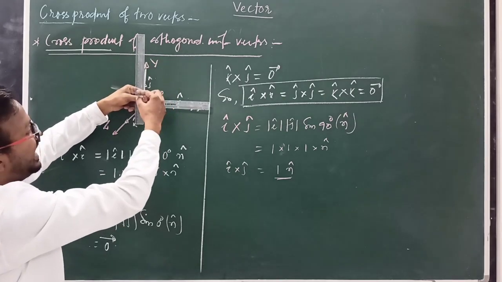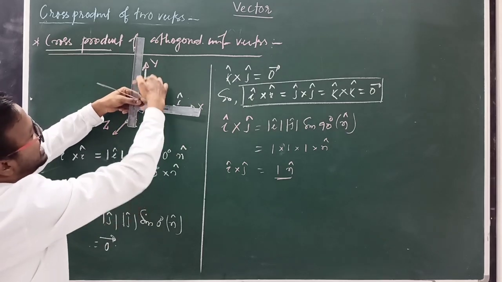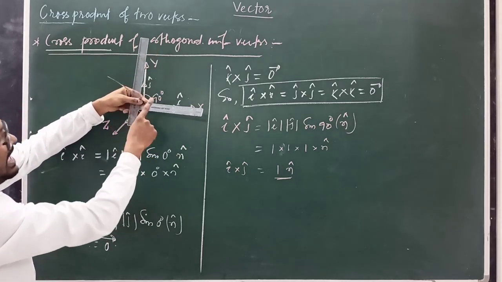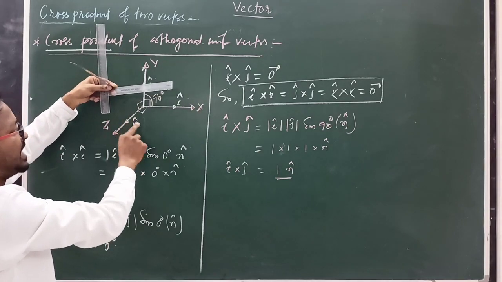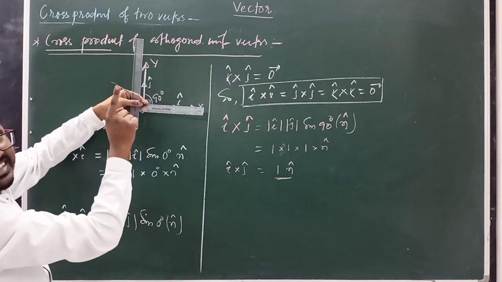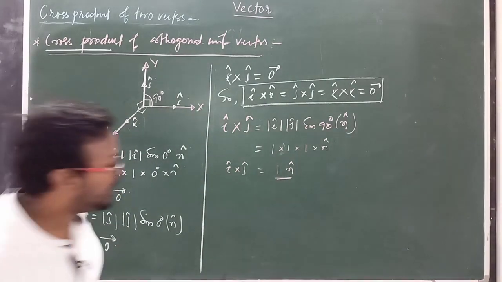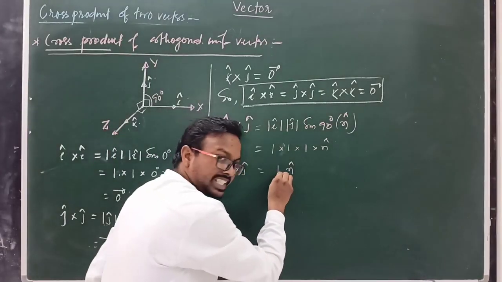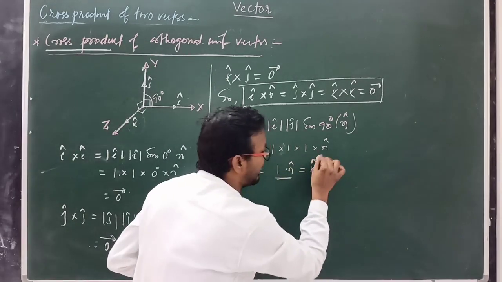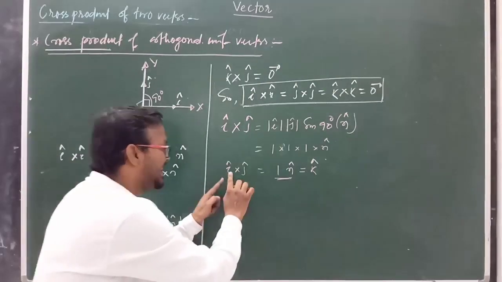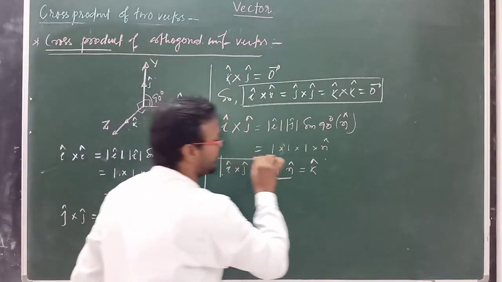this direction, and in three dimensions, x axis, y axis and this is the z axis, and along the z axis means k cap, which gives the direction along the z axis, and its magnitude is 1. So you can write here magnitude 1 means unit vector, and n cap you can write simply as k cap. Clear? So i cross j equals vector k cap.